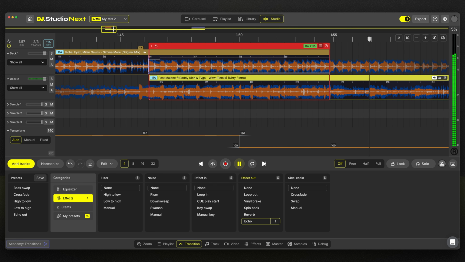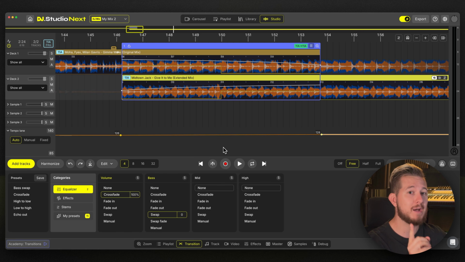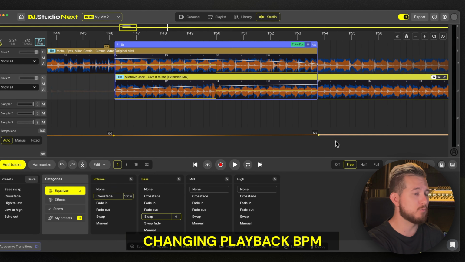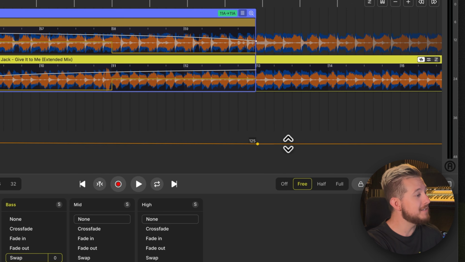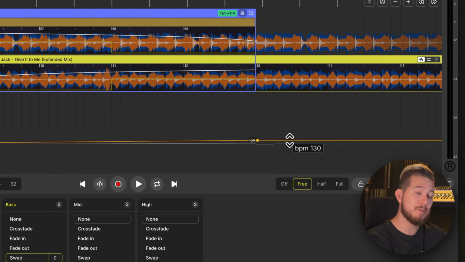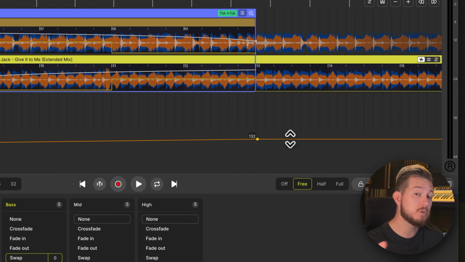Working with different tempos, another option is to permanently speed up or slow down a song to better suit the vibe of a mix. This can be done by moving our cursor over the line which represents the tempo of the song. Its current BPM is displayed and the cursor turns into up and down arrows. Now click and drag to increase or decrease the song's BPM, speeding it up or slowing it down for its full duration. DJ Studio's repitching algorithms will also make sure that when we speed up a song, it doesn't become higher in pitch, and when we slow it down, it doesn't decrease in pitch either.